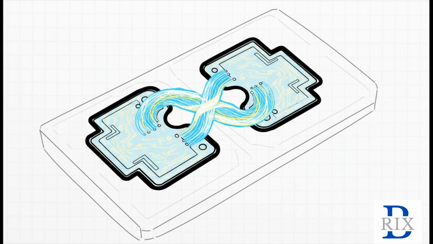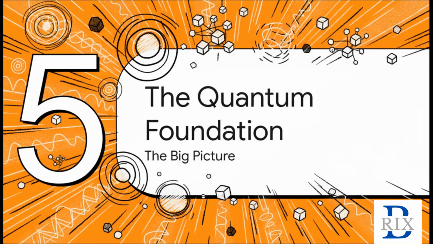And how do they create that spooky entangled link? Well, it's surprisingly straightforward. You just build the artificial atoms physically close to each other on the computer chip. That's it. They naturally start to interact and influence one another, and that allows engineers to generate entanglement. Okay, so we've got superposition and we've got entanglement, and we know how to create them. So let's put it all together and see how this all builds up to this powerful new kind of computation.